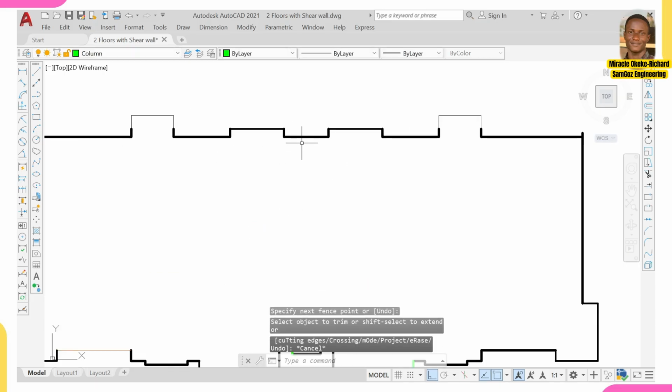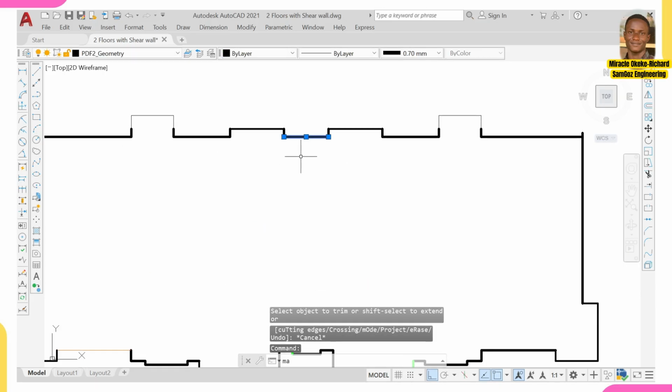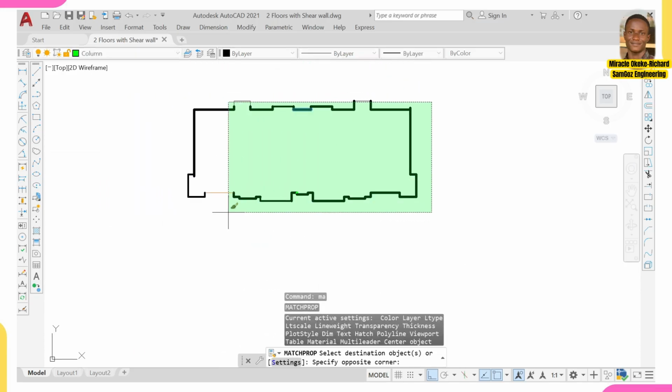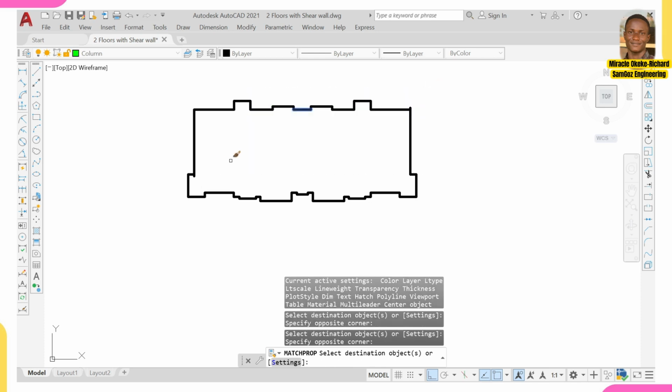Then I'll come and select this. Once I select this, I'll do MA. MA is just to match property. Then I'll match the whole property together. So after matching the whole property,